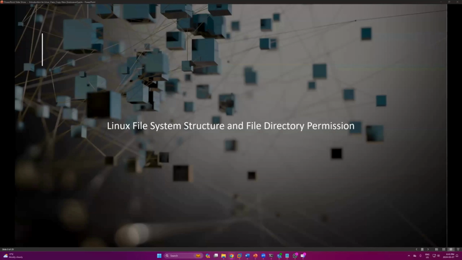So next part is the file structure and file directory permission, right? During the terminal class, we talked about the Linux file system, where each directory stores what kind of files, right? Most Linux distributions share a common file structure. As a result, no matter which distribution you're using, you should be able to navigate around and use the